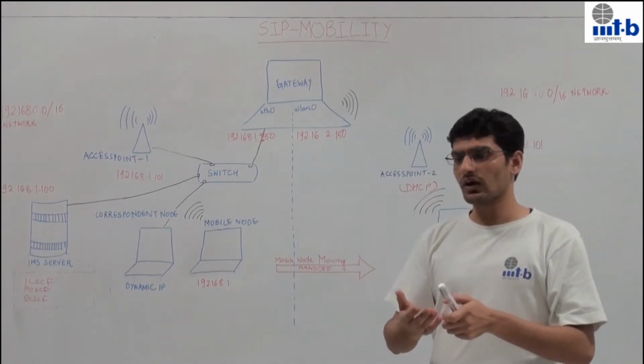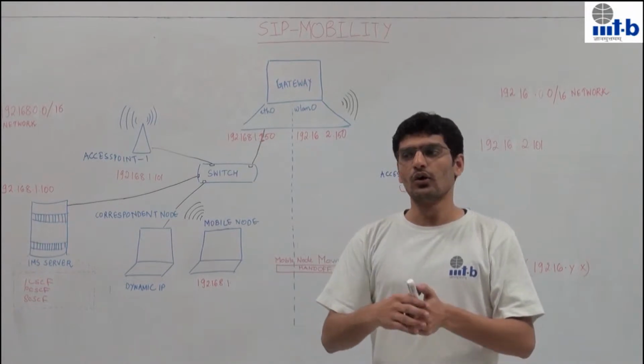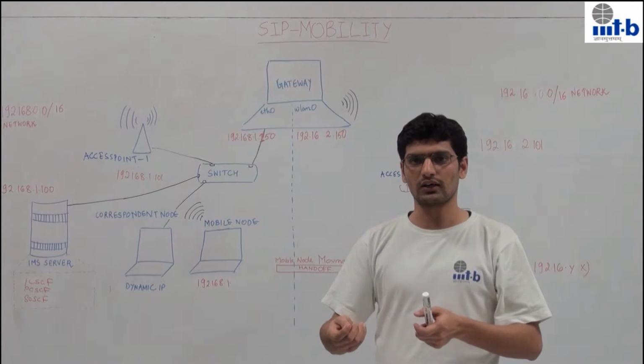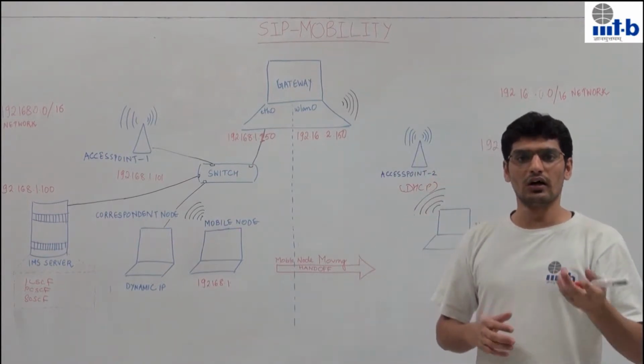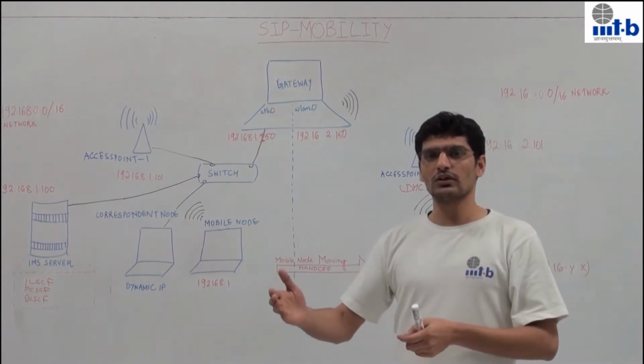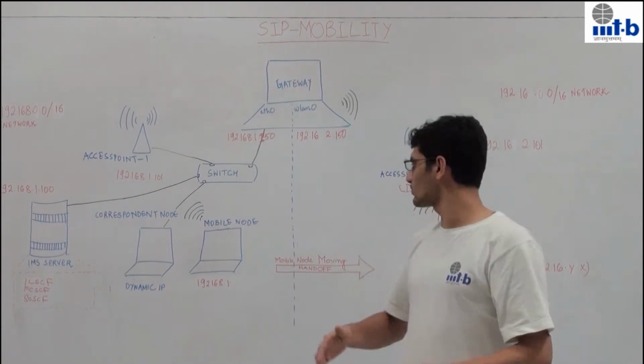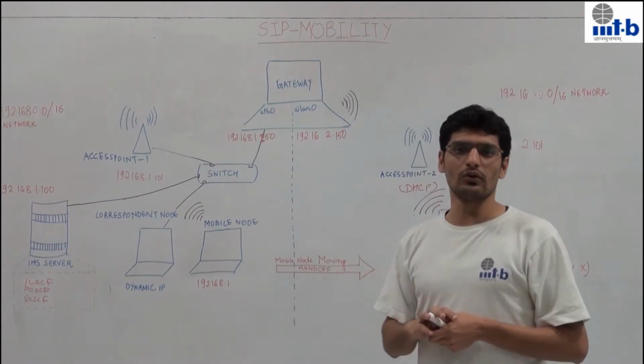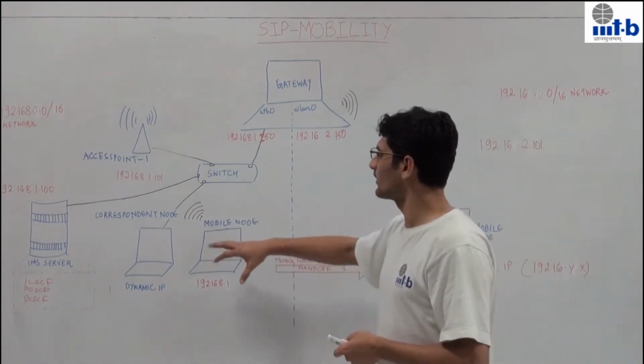A re-invite is used when somebody is joining the call, or when we are changing the format or the coding techniques we are using for the data. In that case we also use a re-invite. When we are moving across networks, we send a re-invite, and the same call continues. This is how the connectivity works.